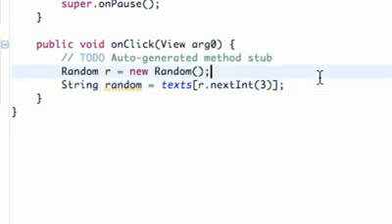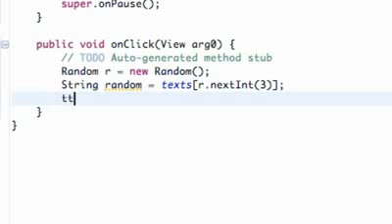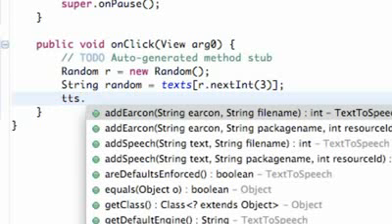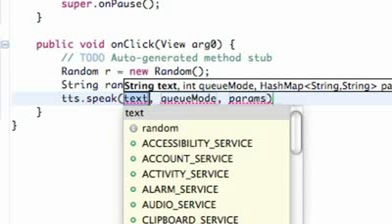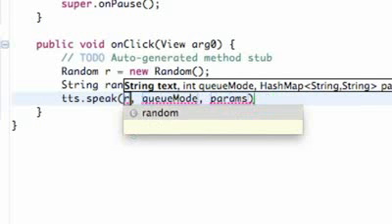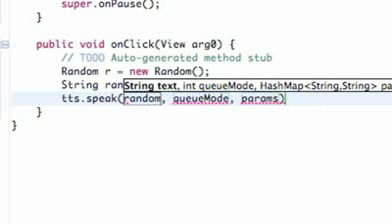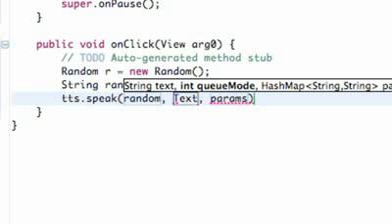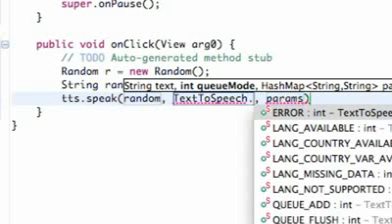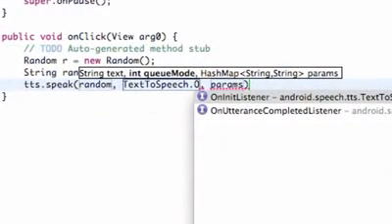And then all we're going to do is say, hey, text to speech, how about you talk? So we're going to say speak, and it takes 3 parameters, the text, so we're going to refer to our random text that we just set up, and the queue mode. What we're going to do here is say if anything else is talking at the moment, we want it to shut up for the most part, so it can hear this new speech that it's going to give, and it's going to be a great speech. So we're just going to say TextToSpeech.QUEUE